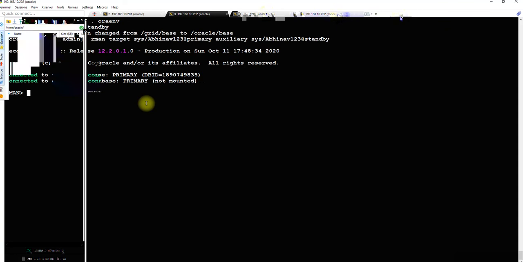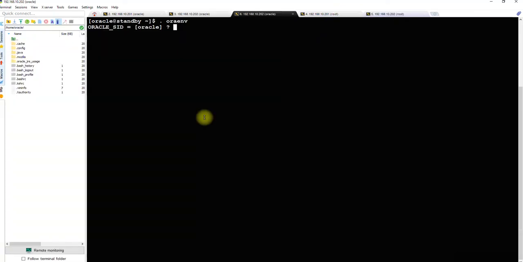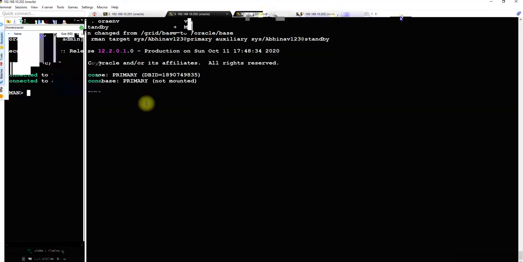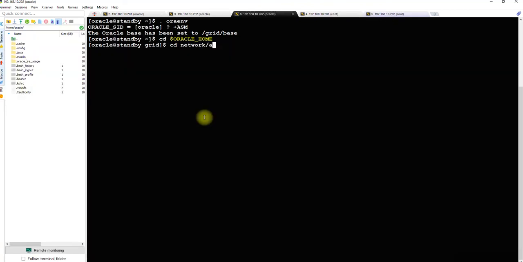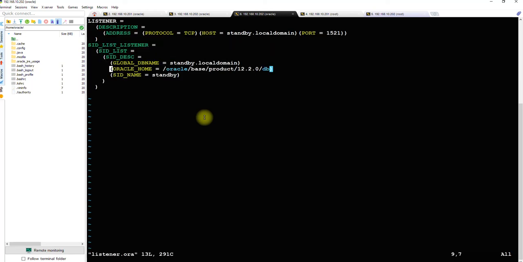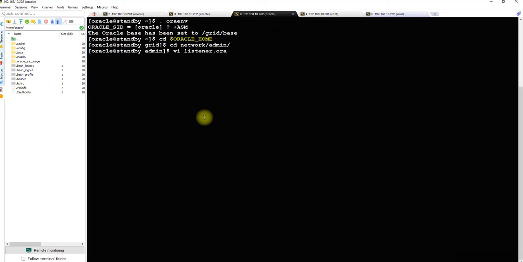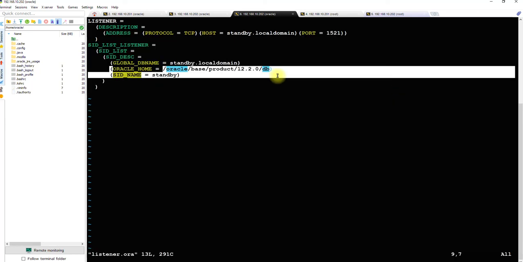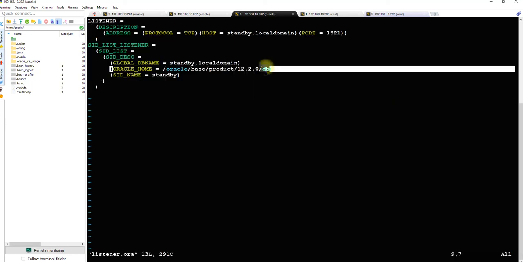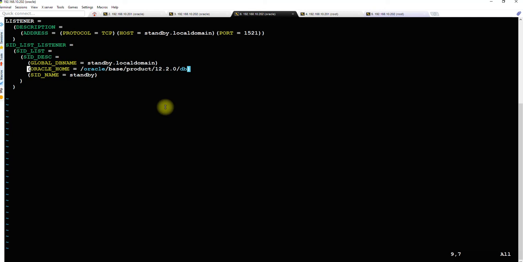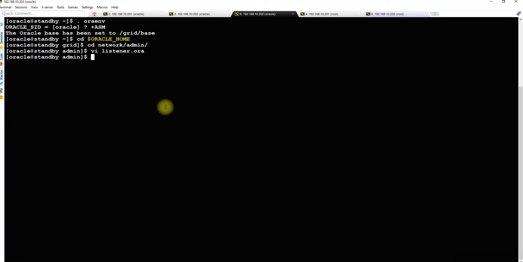When we set up the environment variable for the ASM and go to the Oracle grid home, cd network admin, the mistake I made was that the listener file had the Oracle home as grid home, okay. It has to be the database home. For that reason everything was failing. So you need to make sure this is corrected, okay. These are small mistakes, but mistakes are fine if you learn from them.